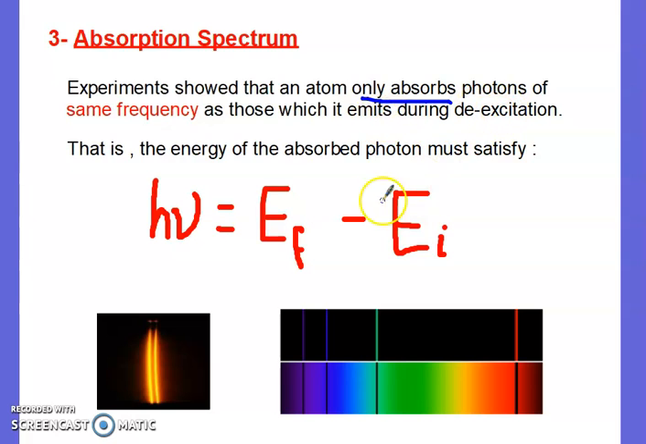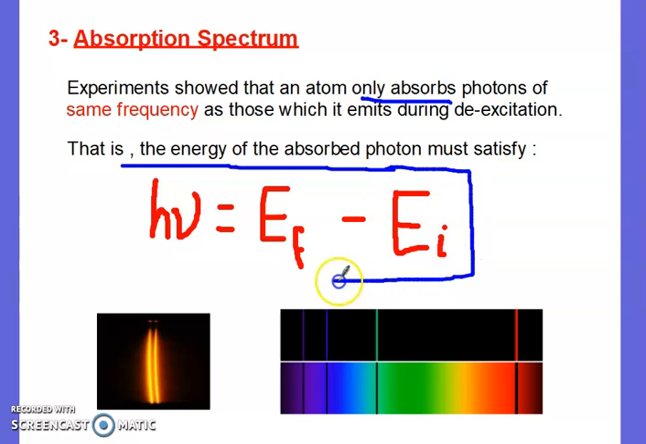Clear? So the energy of the absorbed photon is the same as the energy of the emitted photon, but the rule is opposite. Initial minus final for emission, final minus initial for absorption. Look here, emission spectrum, absorption spectrum. Clear? We have here two close yellow lines for sodium. So sodium